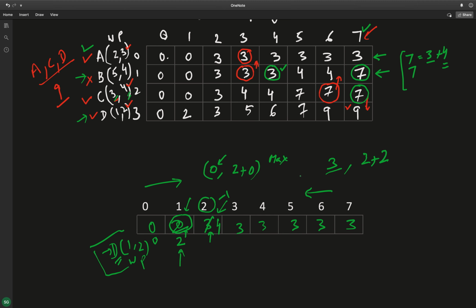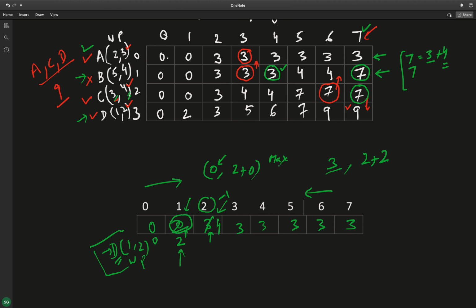Okay, now we will write the code to populate this one dimensional array. And one more thing I just want to add here is, there were two problems that we were solving. One was to find the maximum profit, and the other was to find the items which are responsible for contribution to that maximum profit. So by using the single dimensional array, you can easily figure out the maximum profit.